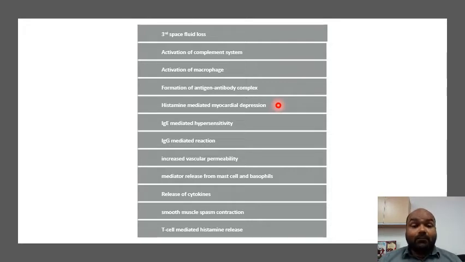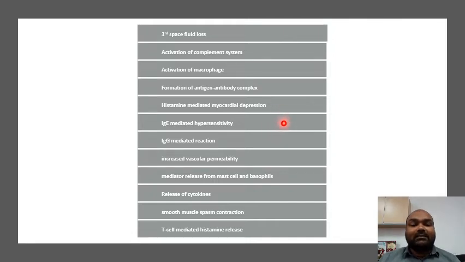Histamine mediated myocardial depression is wrong. Okay, why? Because histamine's effect is on the peripheral vessels. It causes leakiness of the capillaries. Okay, it causes vasodilatation. All right, so it has got nothing to do with the heart. What depresses the heart is actually lactate. When there is hypovolemic shock, for example, and then your cells start converting from aerobic metabolism to anaerobic metabolism, your cells start producing more lactate. This lactate can cause myocardial depression, but not histamine itself. Okay,